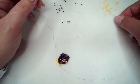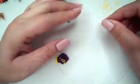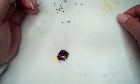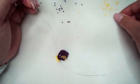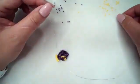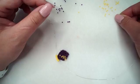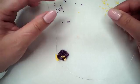1, 2, 3. I think this is the only thing, if you can count to, I guess, 20, because you wouldn't really want a larger fish, which don't vent the seed beads, you can do the fishes. And it's a really great way to introduce children to beading as well. Obviously, they have to be supervised, but